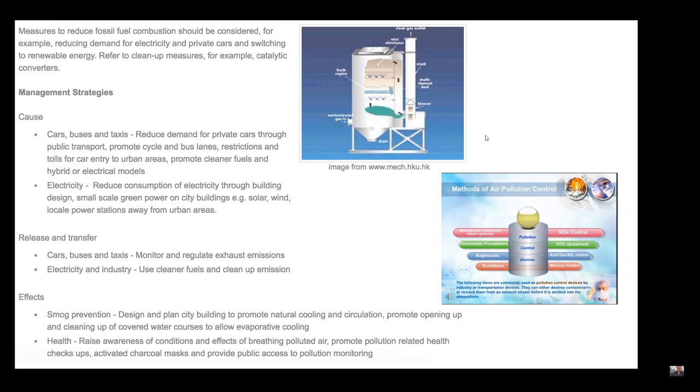And here it talks about management strategies, and here's a bunch more that you can go through. Measures to reduce fossil fuel combustion should be considered. Duh, right? For example, reducing demand for electricity and private cars, and switching to renewable energy. Refer to cleanup measures, for example, catalytic converters. Once again, management strategies: we can stop the cause, so bring down cars, buses, and taxis. Use more public transportation. Bring down the use of electricity,